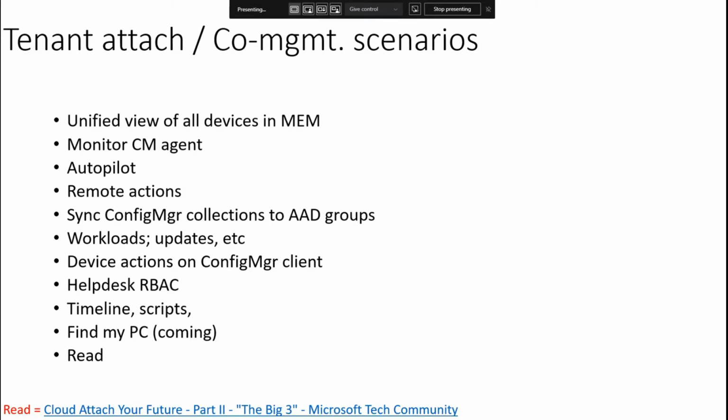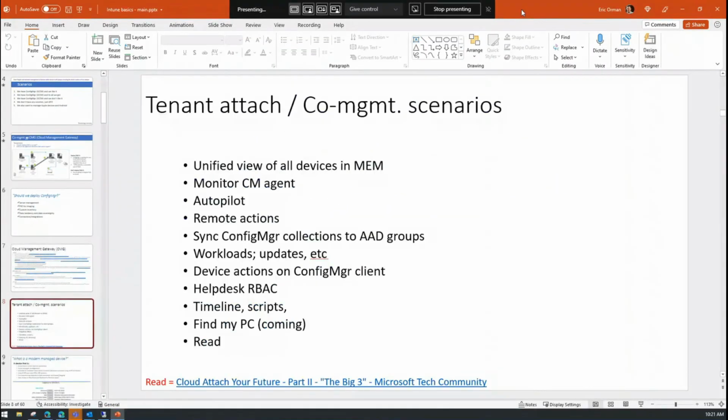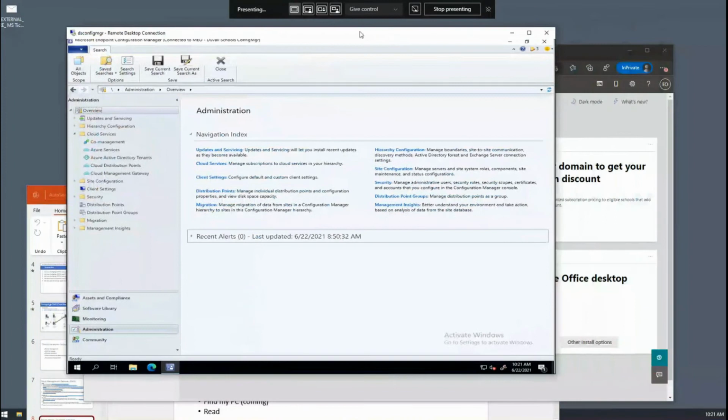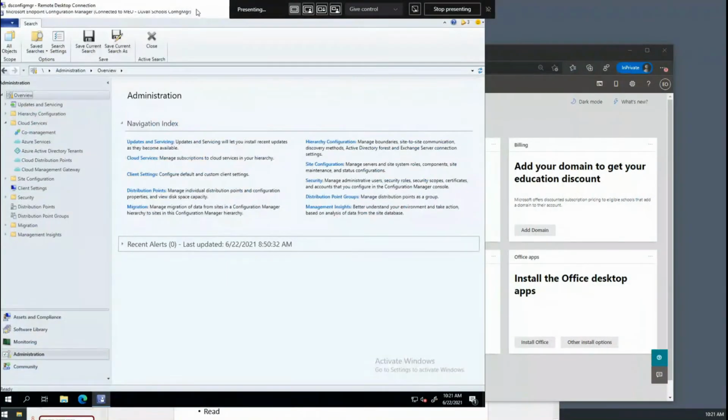And so, man, how do you free up your time? How do you save your time from doing that? Well, if you move that workload over to Intune, then it's really, really easy to take advantage of Intune in that scenario. So I've been jabbering a lot. Let me actually show you some of this and how it works, because that's really going to make things really nice. And so the first place that I'm going to start off here is in